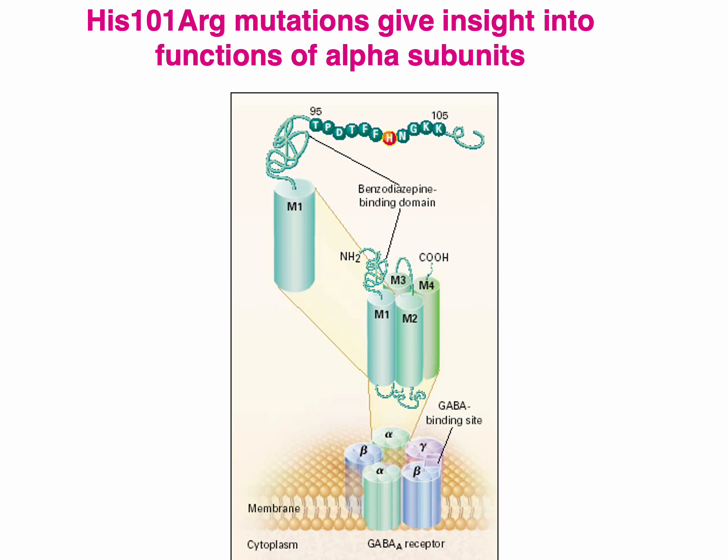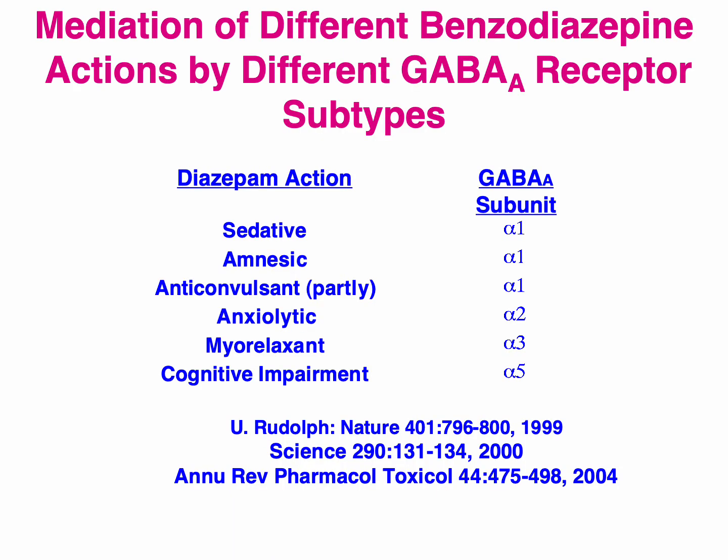embryos of the mice so that they grew up with this modified alpha 1 or alpha 2 or 3 or 5. And then he did a series of animal experiments, behavioral experiments, to look at the various consequences behaviorally of what happened if you knock in, so to speak, an altered alpha 1 receptor or altered alpha 2, etc. And the sum of what he found is shown here on the next slide.